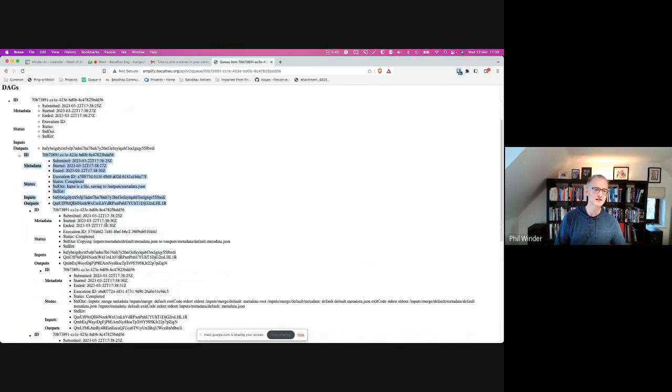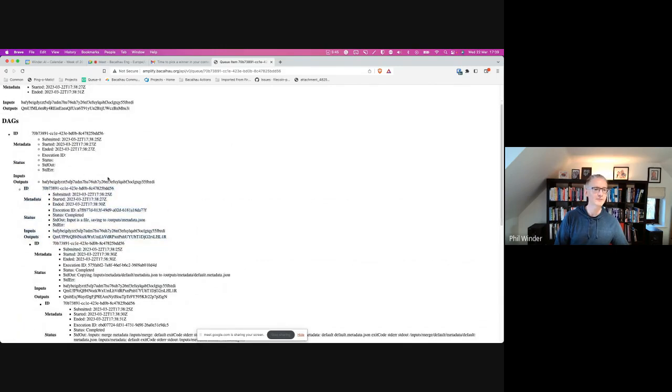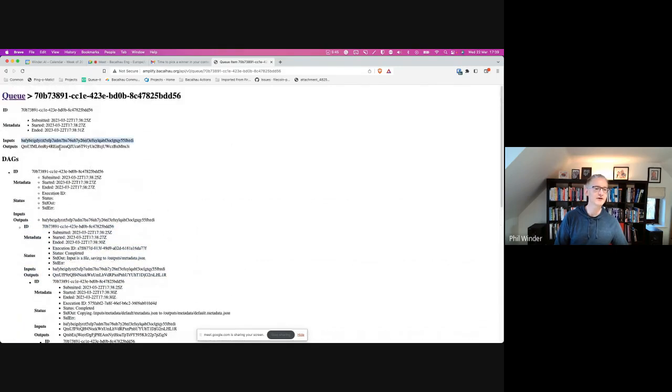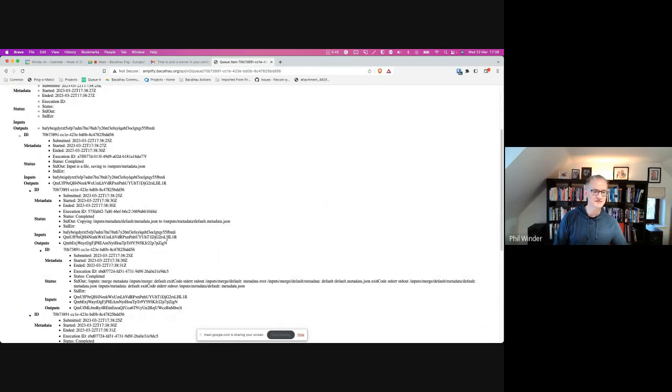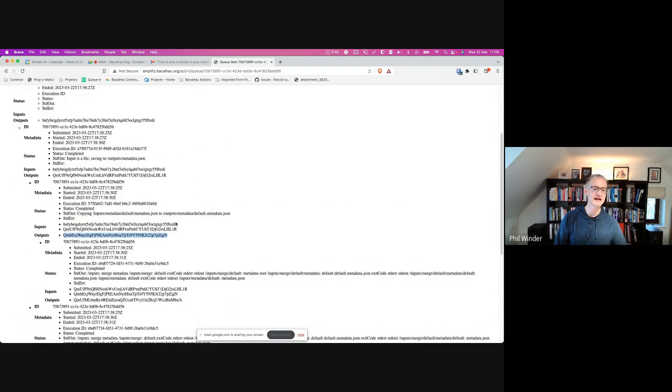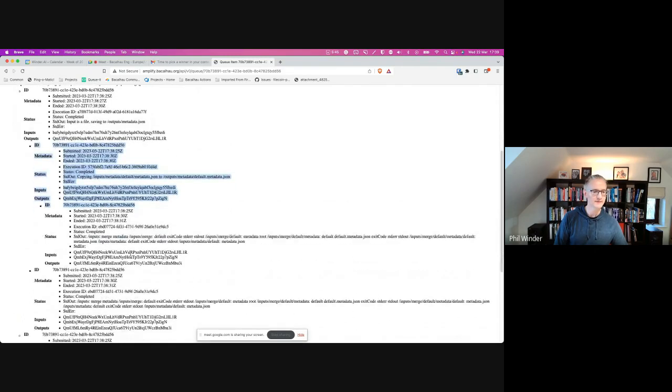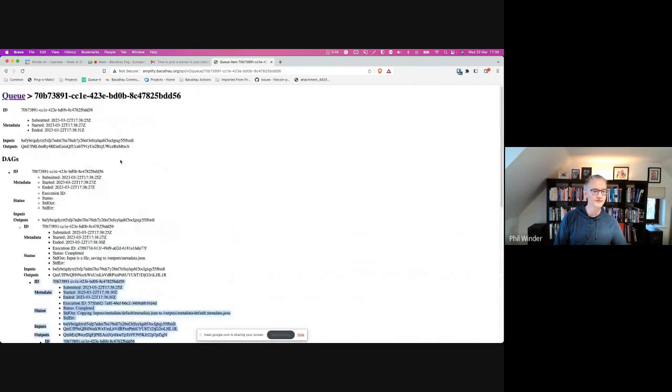And this shows the full output. It's got the original input that I requested, and the final output of the merged result. We have a node on the end that merges things back together. And we've got all the information from the Bacalao job. We've got the status, we've got the standard out, we've got the input CIDs and the output CIDs for that individual node, and so on and so forth. There you go, demo over.